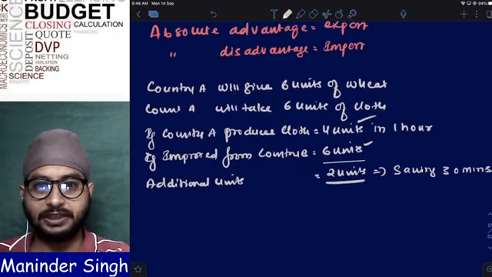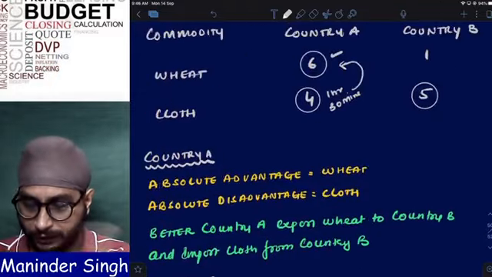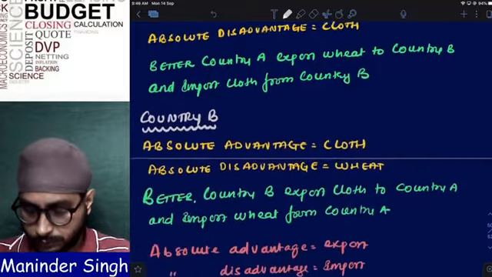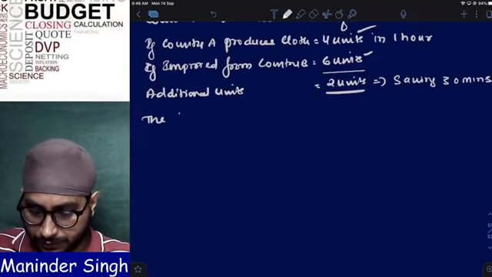I am saving 30 minutes. I am getting 2 additional units. Whatever time I am saving, I can use to produce more wheat. Correct or not? So I can write here the time saved